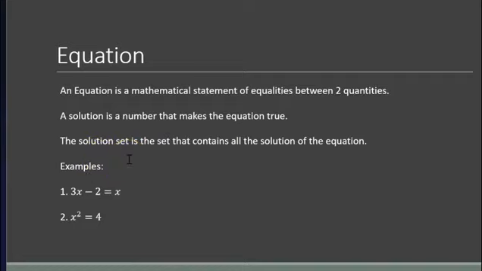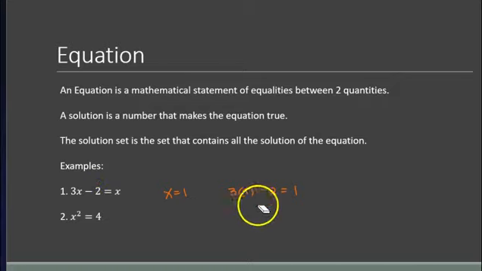solution set. So for example, for this one, we can try to manually think of a number that when we substitute, that would be true. So what values of x will make the equation true? So if x is equal to 1, we can check that we have 3 times 1 minus 2 is equal to 1. So for easy problems like this, we can do trial and error and look for the solution. Hence, the solution set will just contain 1.